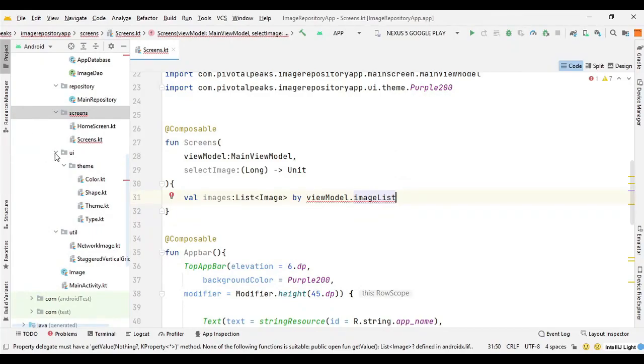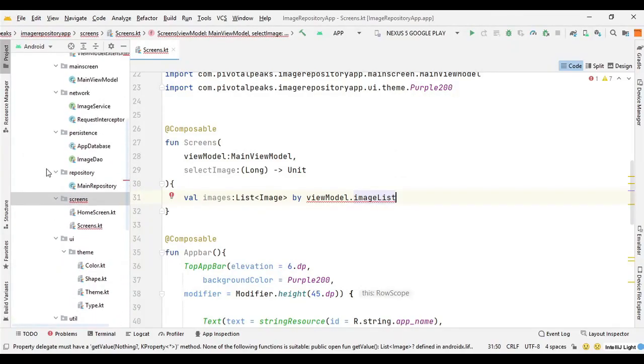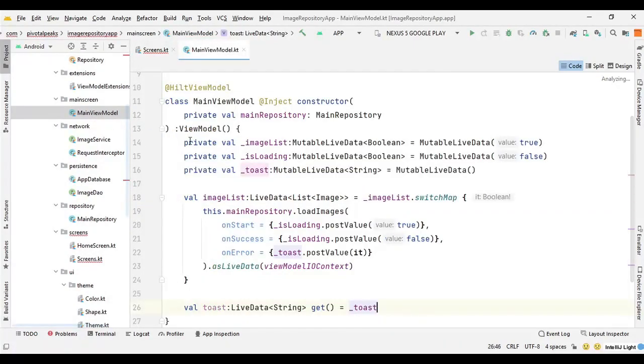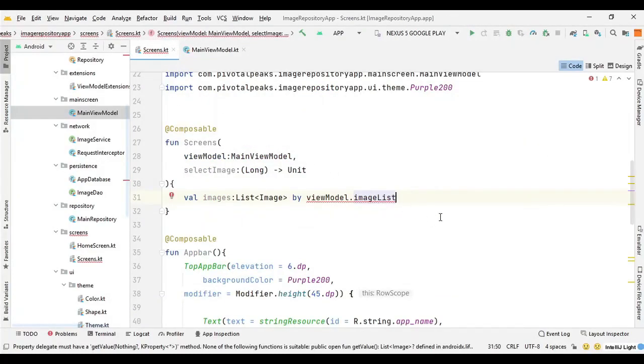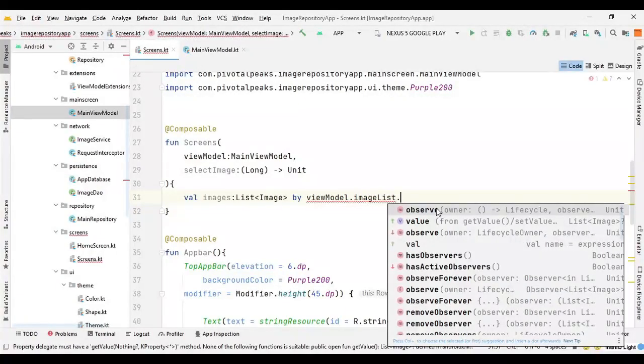So let me just open our view model. So here we are trying to get this function into the screens. So we can say by view model.imageList, and then we can call the observe as a state.